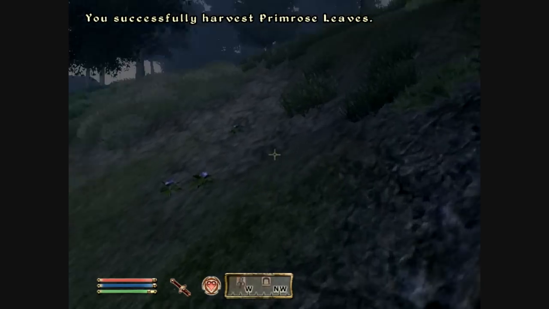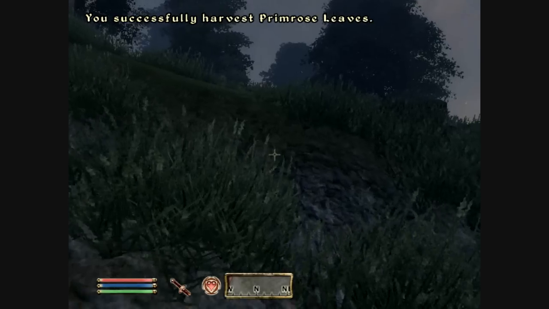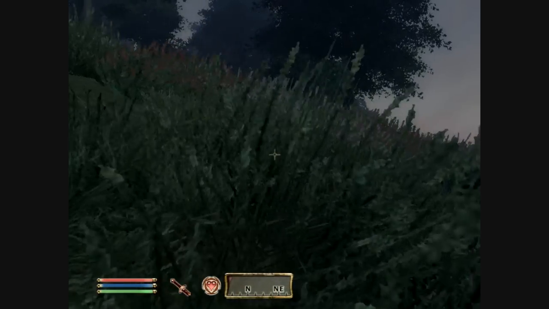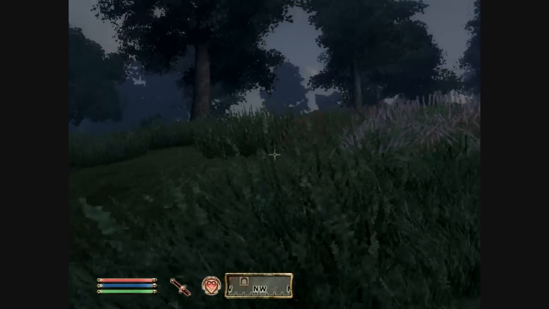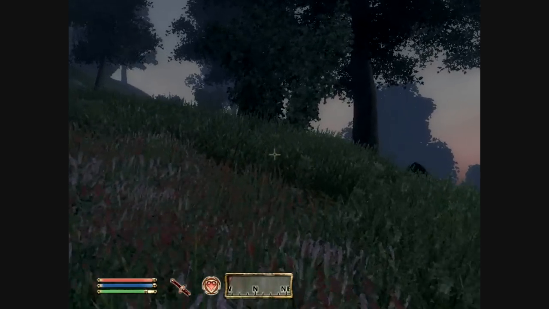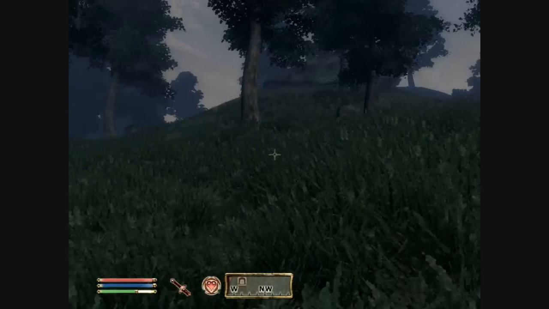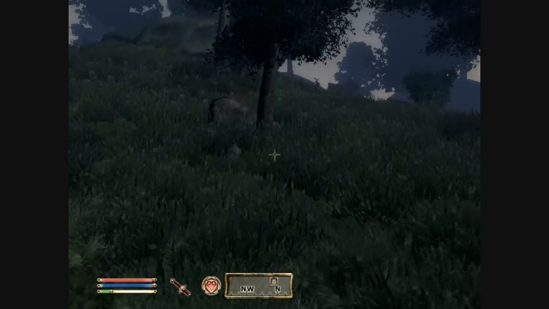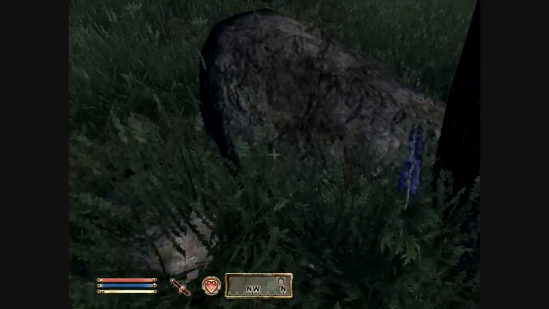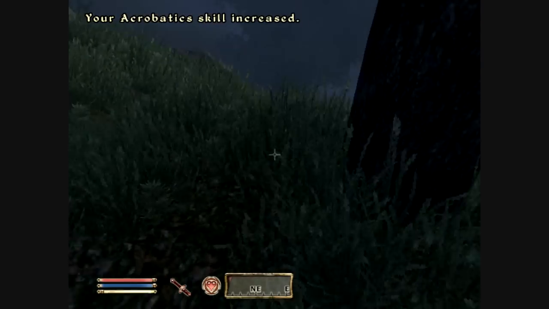Here's Primrose. And there's more over here. Let's go over to them, press the spacebar to activate them, and get them. Pick them. Some ingredients have a chance of failing to pick them. I know, really strange, but they do. If I can remember them all, I will show you which ones I'm talking about. They're mostly mushrooms and stuff like that, but I'll show you the ones that have